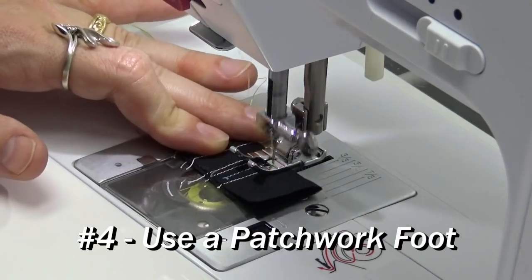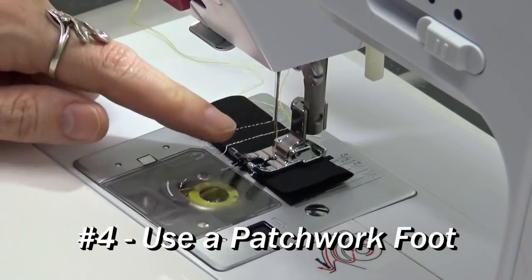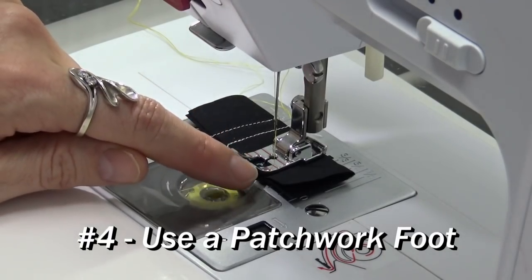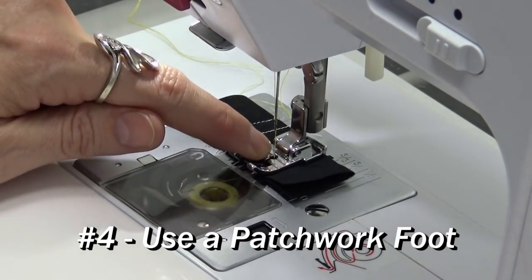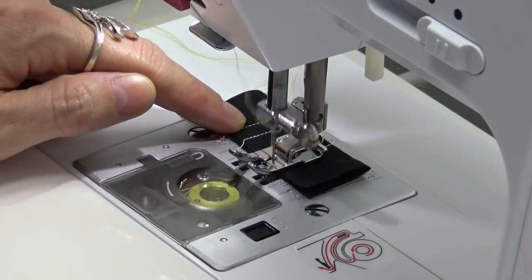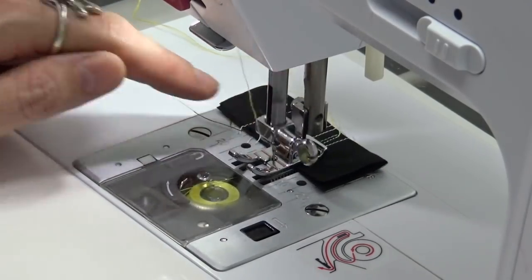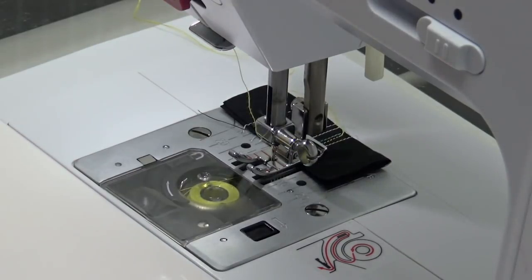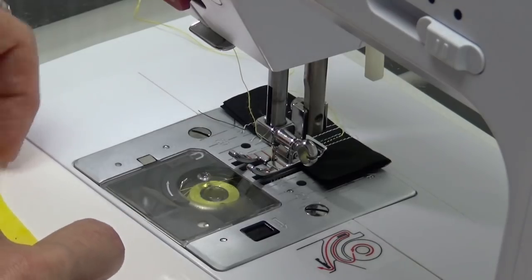Okay, now it's time for tip number 4. So tip number 4 is to use a patchwork foot. This is a foot that has exactly 1/4 inch to either side of the center position, and to stitch through a scrap charger first before you stitch your pieces together. So here we go. I just stitched through a scrap charger, and that's just a little scrap. You know, I usually aim for about 2 inches wide by about 2 inches long, fold it in half, and